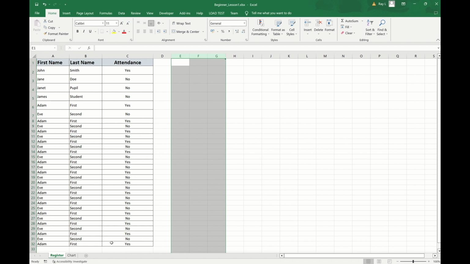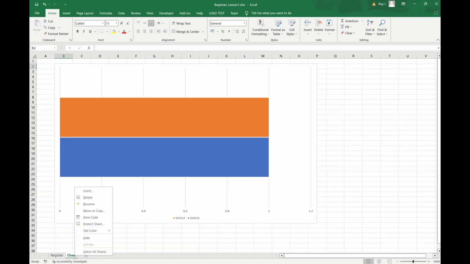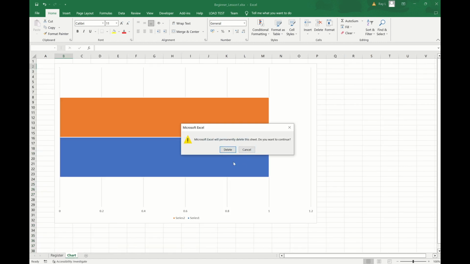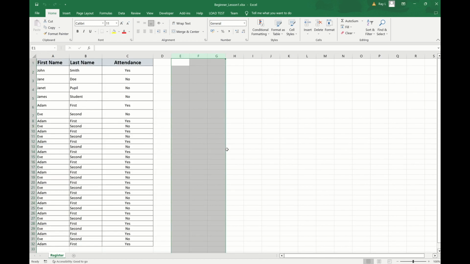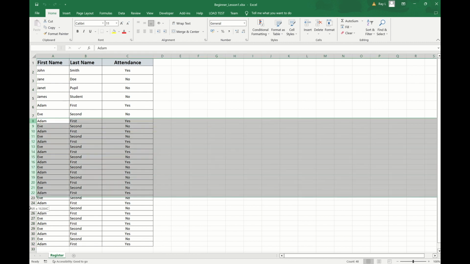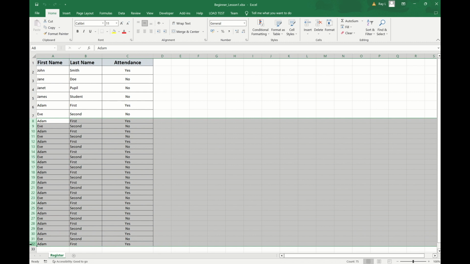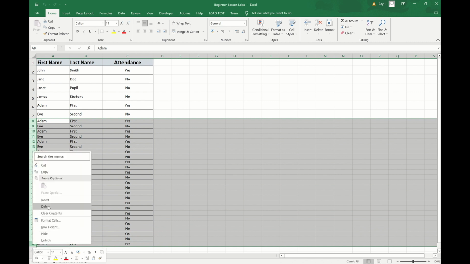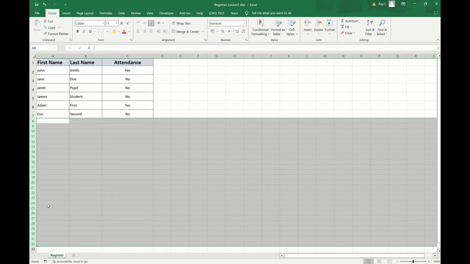So let's get rid of that chart. If we right click here on the chart tab down at the bottom, we can once again just select delete, and that then removes that chart by selecting the delete in the pop-up. And let's just remove all of this extra data that we used here from rows 8 downwards. So again, we can just select all of the rows here by holding down the left mouse button, right clicking and selecting delete. And there we go, we've got a nice clean set of data now